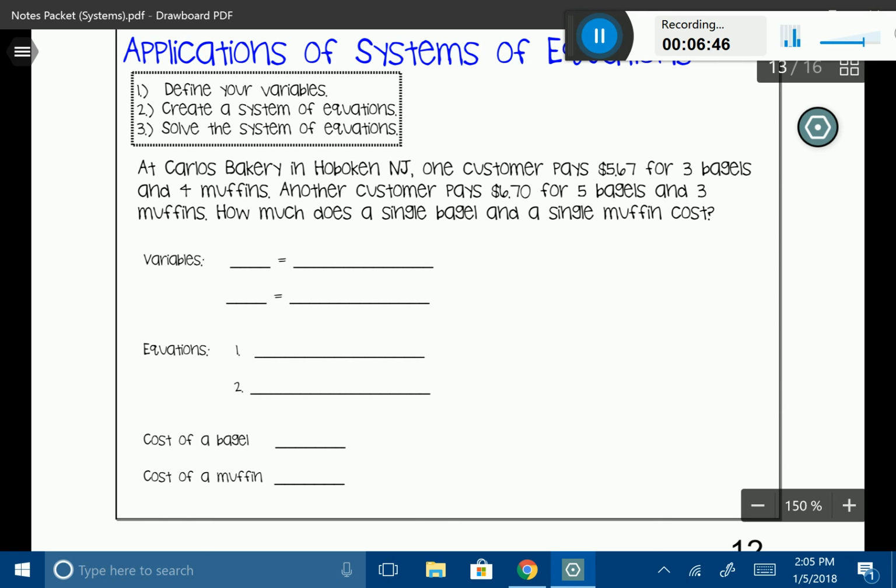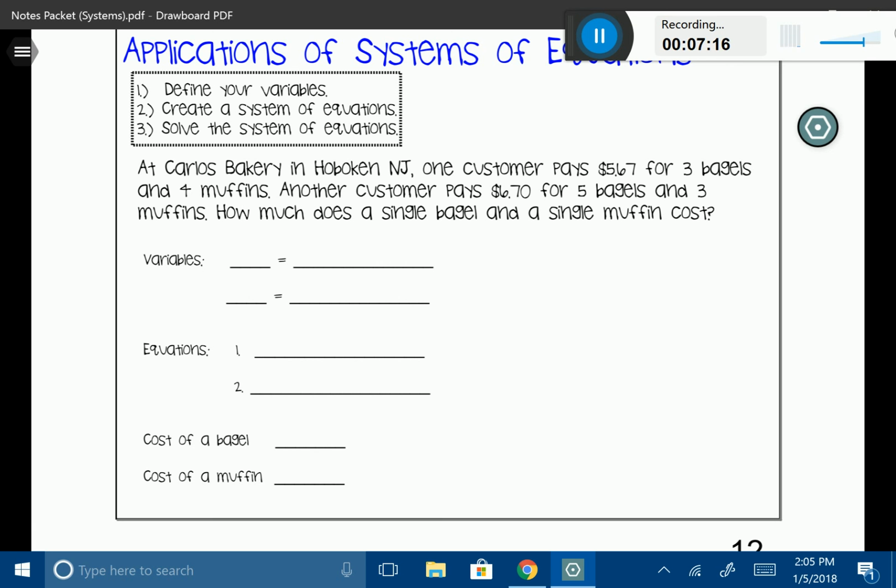So here we go. We have at Carlos Bakery in Hoboken, New Jersey, one customer pays $5.67 for 3 bagels and 4 muffins. Another customer pays $6.70 for 5 bagels and 3 muffins. How much does a single bagel and a single muffin cost? So what you can see here are 2 separate customers coming in and buying 2 separate, different orders of baked goods, and they give us the total price of each. What we're trying to do is use that information to figure out the cost of a